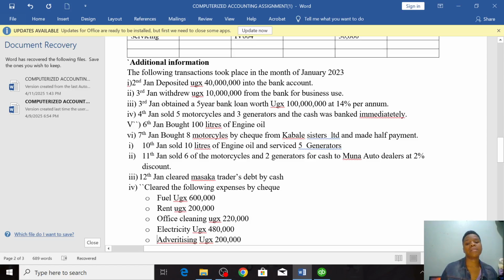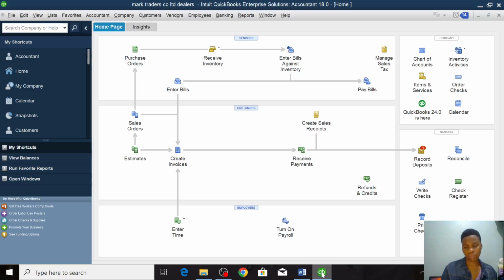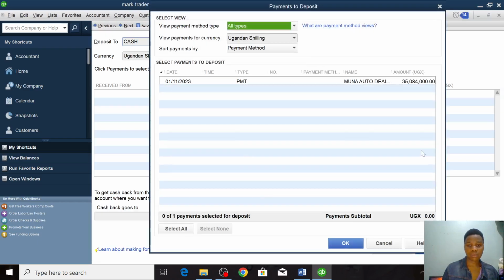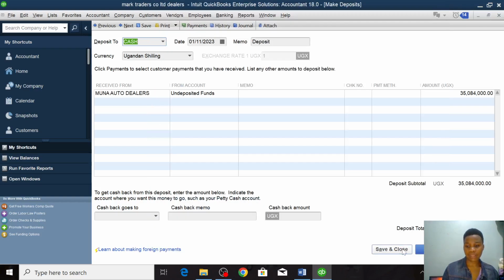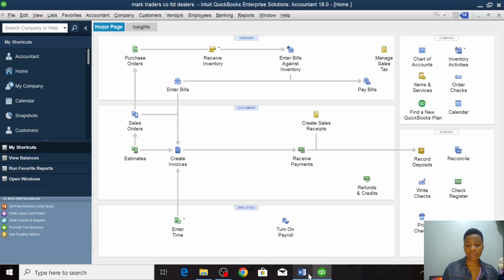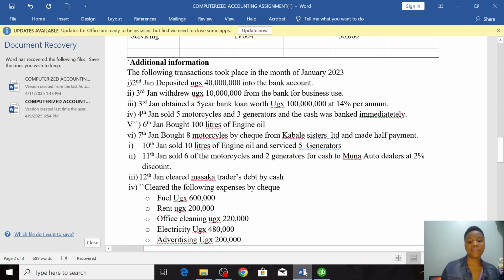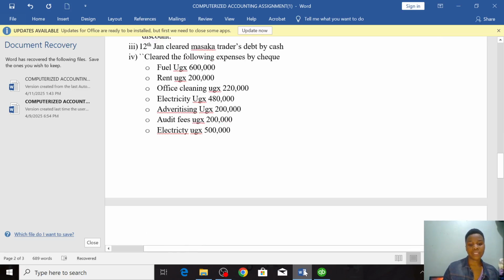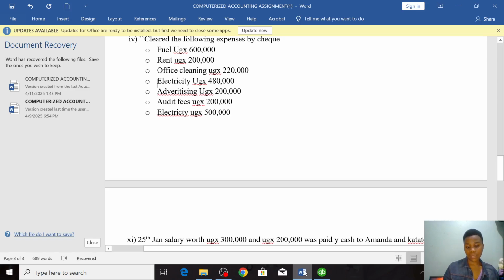He cleared the following expenses by check: fuel, rent, office cleaning, electricity, and advertising. So we go back to our. So let me first deposit. So I click here, say okay. It was by cash. I save and close. Go back to the question. He cleared the following expenses by check: fuel, rent, office, electricity, and advertising, audit fees, and electricity. So I'm going back to